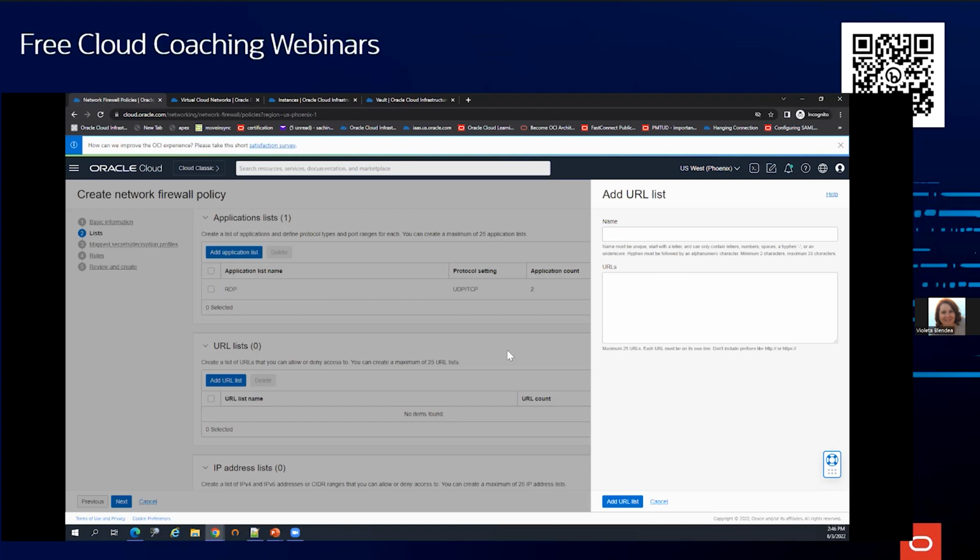Like this, I can add 24 more lists, so the total number of URL lists I can have is 25, and in each URL list I can have 25 URLs defined. You can use wildcards like asterisk and caret in a URL to customize matching. Don't enter protocol information like HTTP or HTTPS into that.